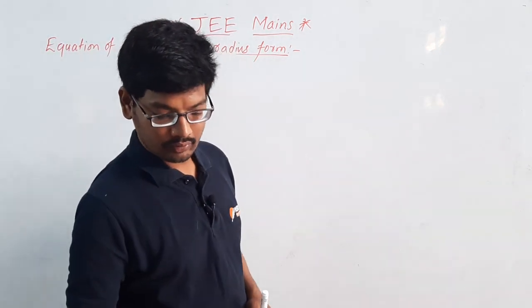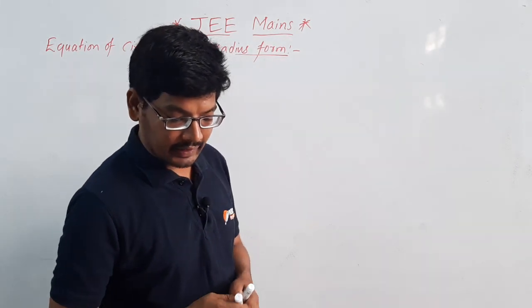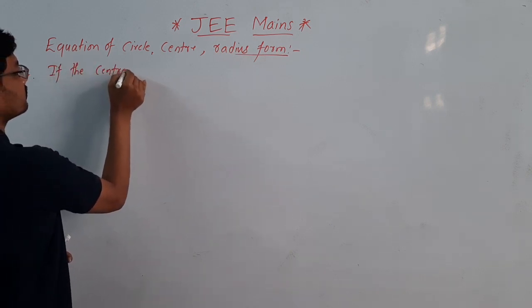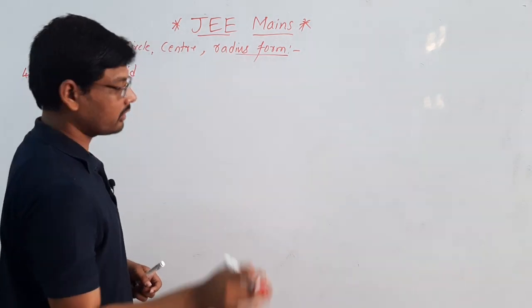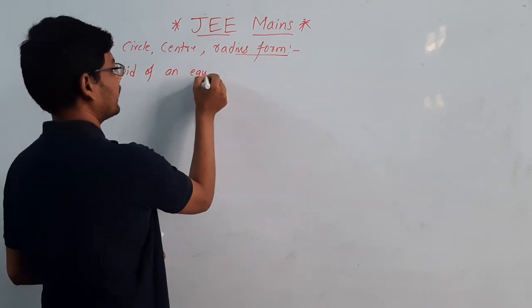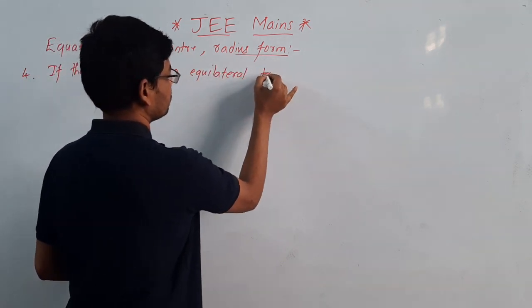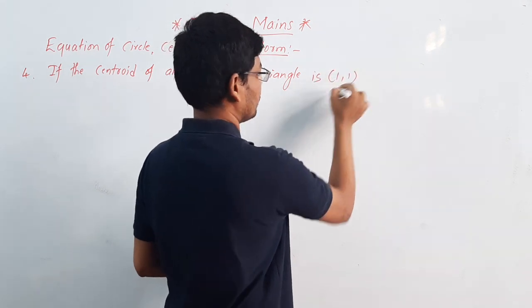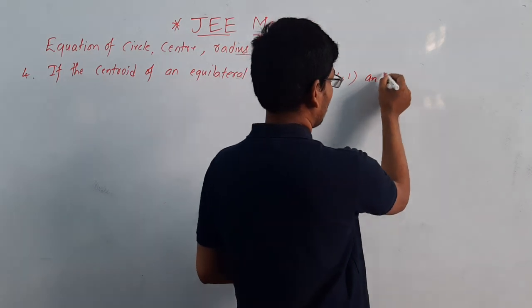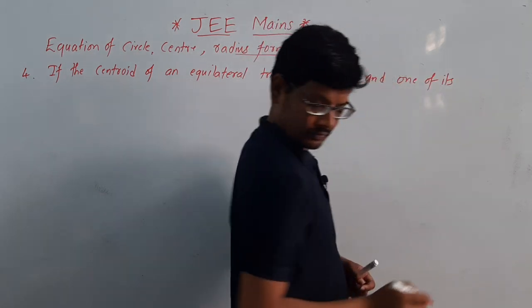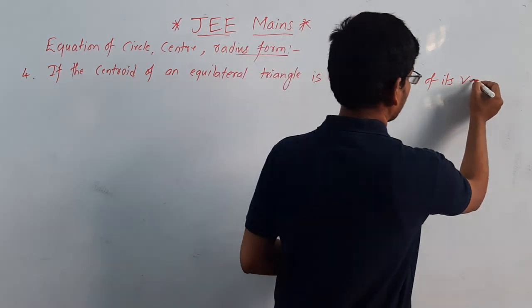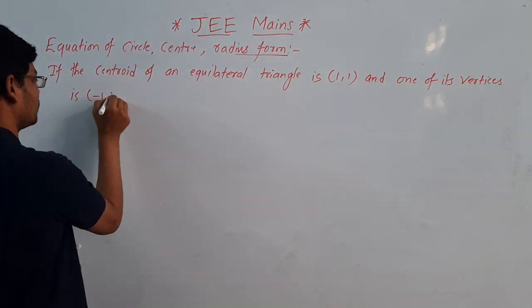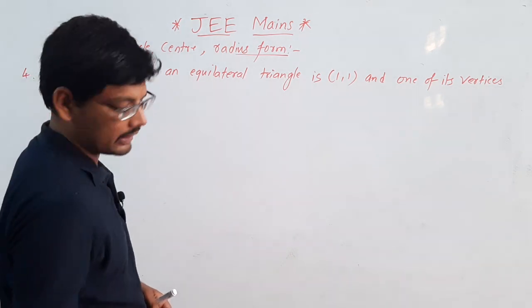And the next question is, the fourth question: if the centroid of an equilateral triangle is 1, 1 and one of its vertices is minus 1, 2, then the equation of the circumcircle is